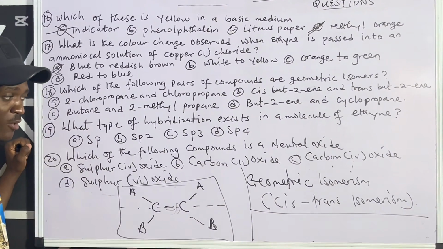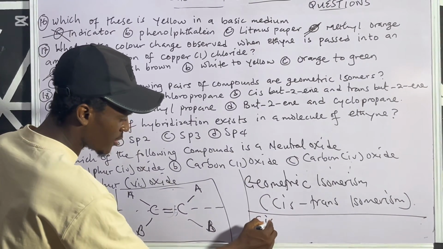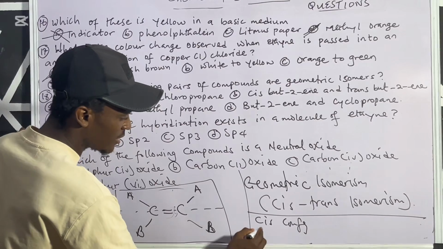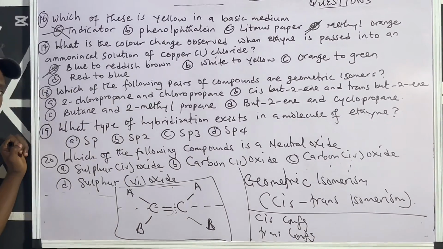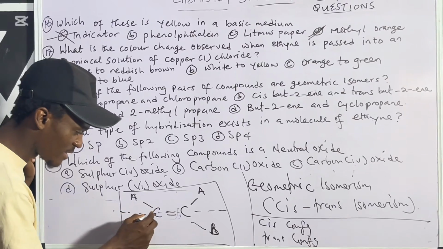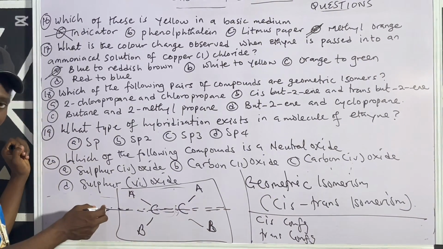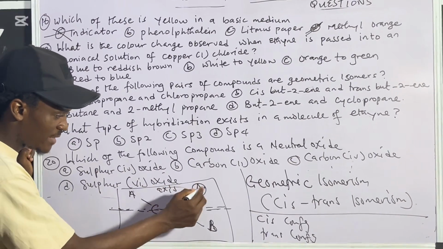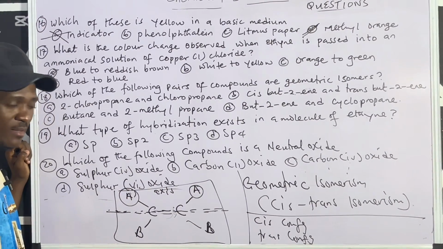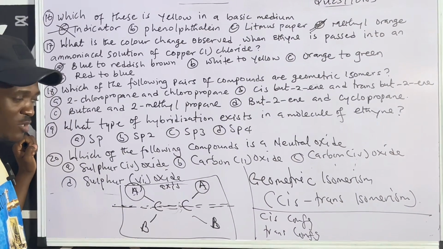Why is it called cis configuration? Because in this kind of isomerism, we have the cis configuration and the trans configuration. What does it mean when we say cis configuration? It's just like a code. When you cut it from the midpoint like this, then the upper axis, if you're having the same group there, is cis. But if you're having different groups, is what? Is trans. That's what it means, just like a code.